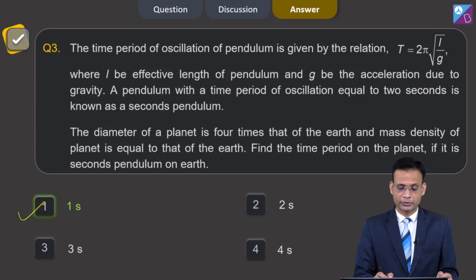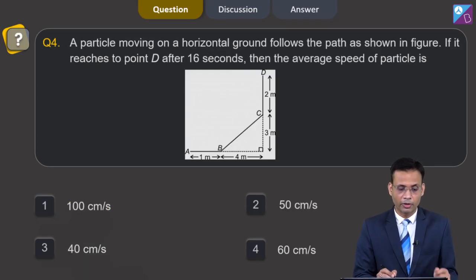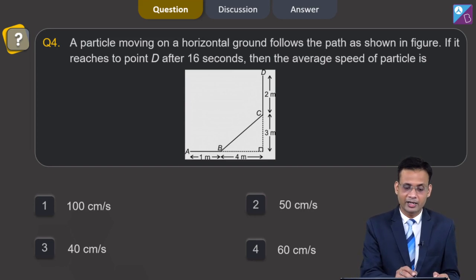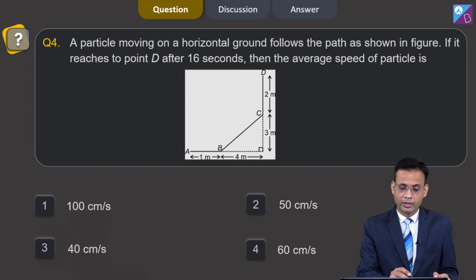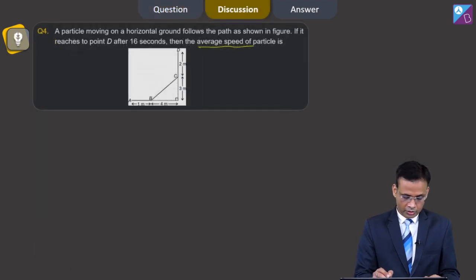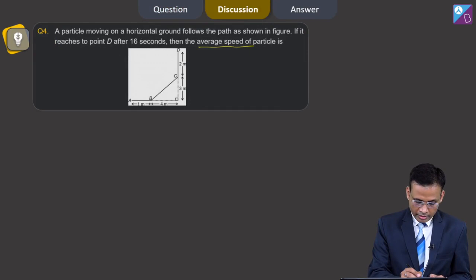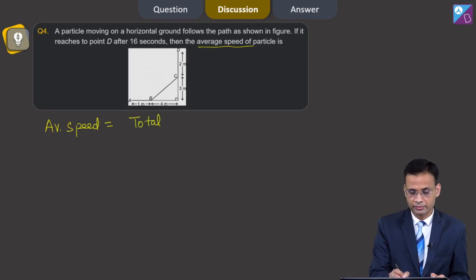Now, let us move on to the next question, that is question number 4, and it states that a particle moving on horizontal ground follows the path as shown in the figure. If it reaches point D after 16 seconds, then the average speed of the particle is. As we know, average speed is equal to total distance upon time. So all we have to calculate is the total distance, which is equal to